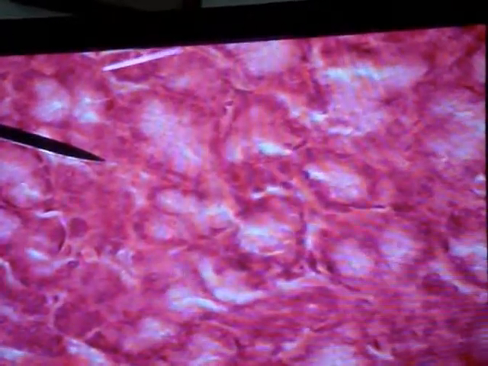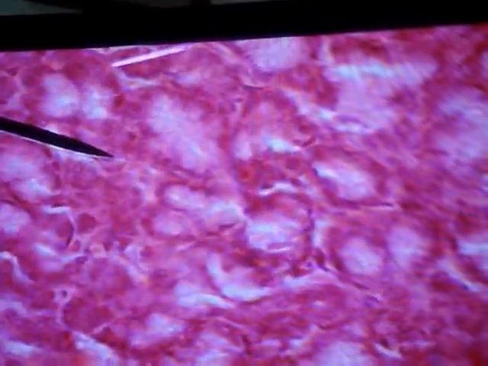Let me tell you three things. Parotid, predominantly serous. Sublingual, predominantly mucous. So parotid will have more of serous, sublingual will have more of mucous, and submandibular will have both mucous as well as serous.